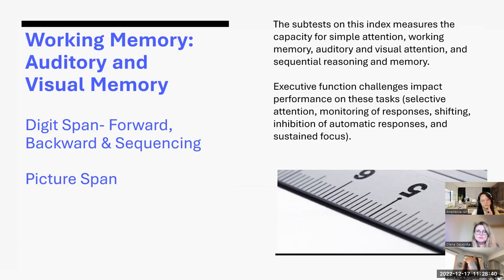The next component of this subtest is called DigitSpan Sequencing, and here the student is given numbers and has to put them in order from small to large. So there is a degree of number sense embedded in this. Children need to understand that 2 is larger than 1, or 5 is larger than 3, in order to be able to sequence the numbers in order.